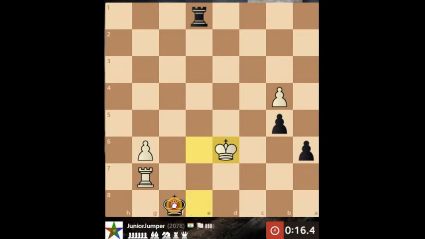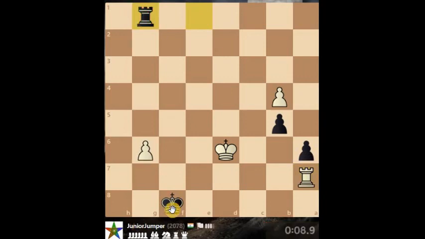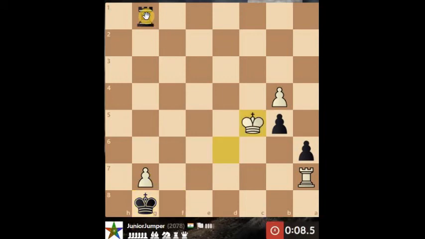Okay guys, sorry, maybe don't lose. Okay. Oh, threatening mate. So king f8, rook to a7, and let's go rook g6, check, king g8, king to c5,